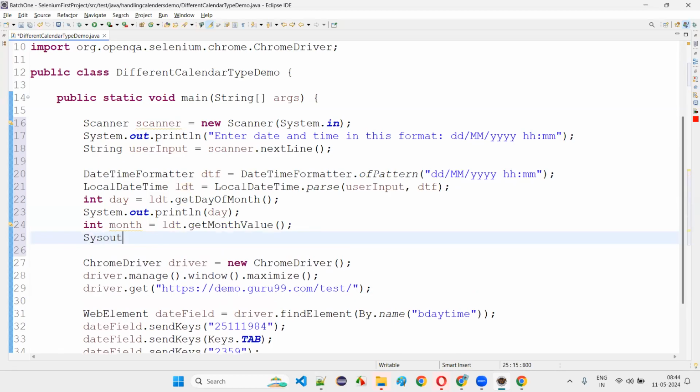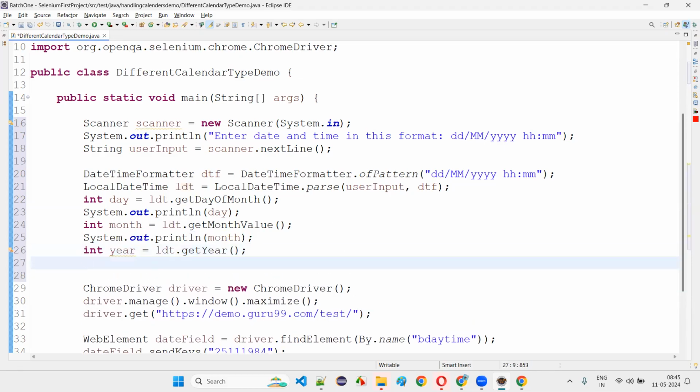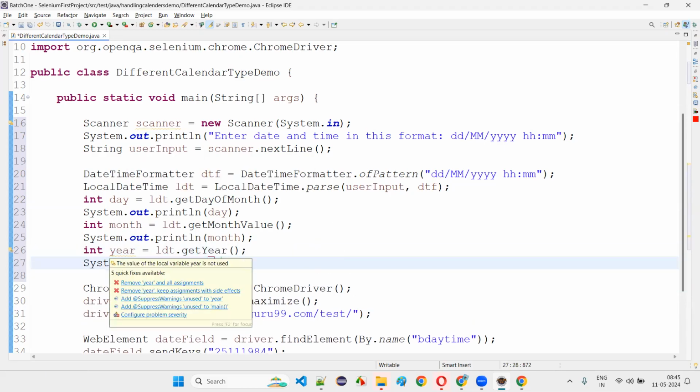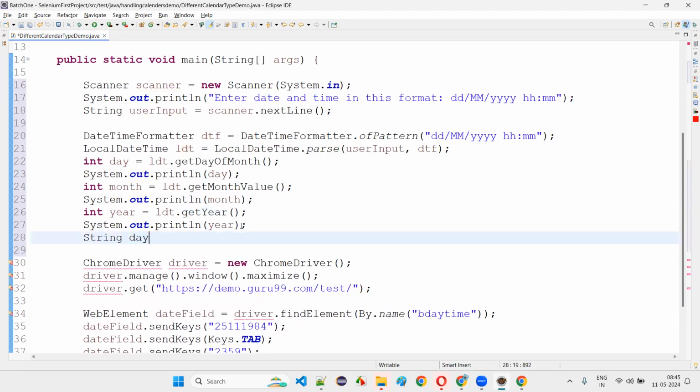Then System.out.println. I'll also print the month here. And then finally int year is equal to LDT dot getYear in integer format. You are getting all this stuff. Then System.out.println. Here I'll say now String dayMonthYear is equal to